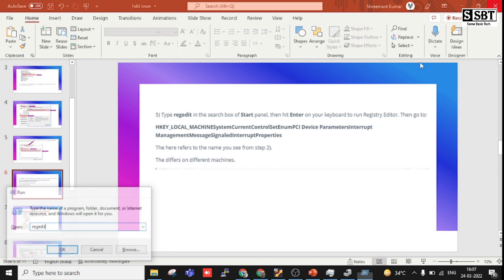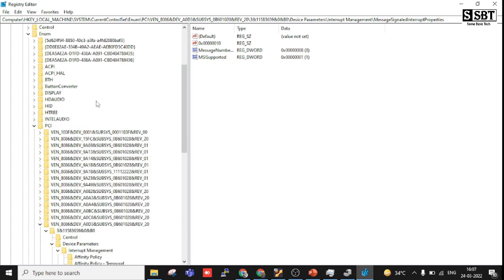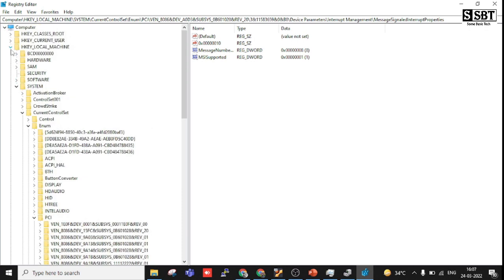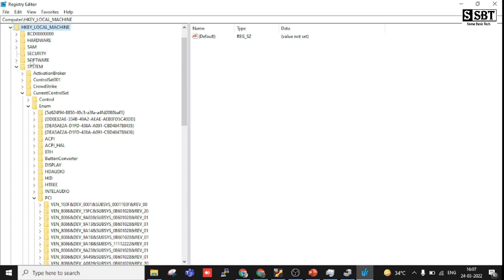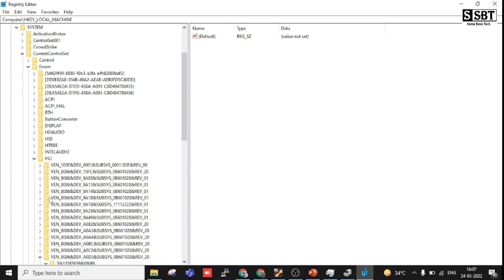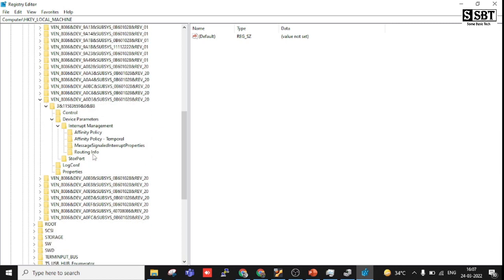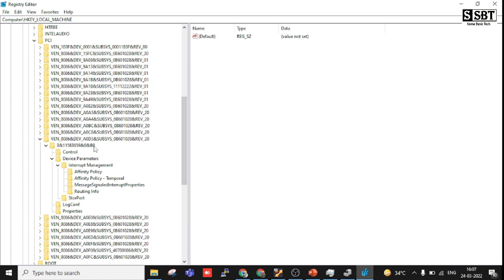Let's close this so you can get a better view. Registry editor, and I'm going to minimize this. Otherwise you can also find it this way. Just go to local machine, then System, then CurrentControlSet, then Enum, and then find PCI, and then these are lots of drivers which are already installed. So we need to find the exact value of these numbers. These numbers are already mentioned here in your